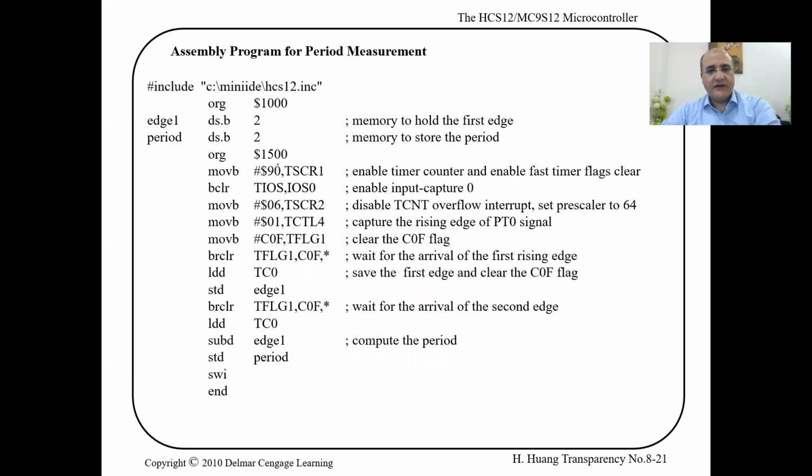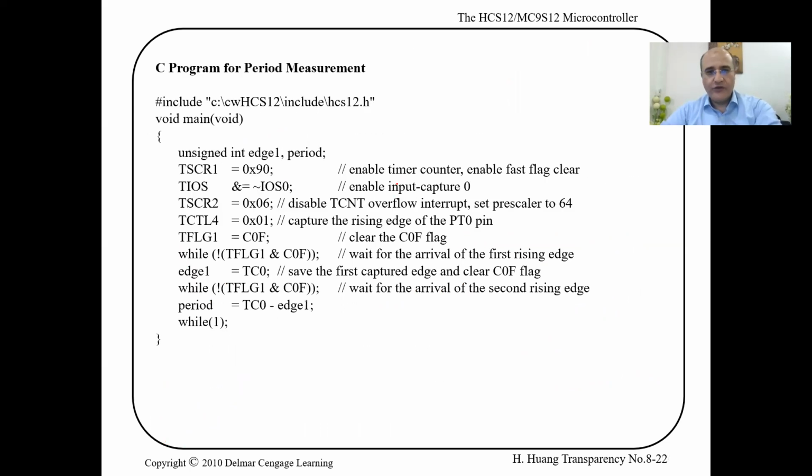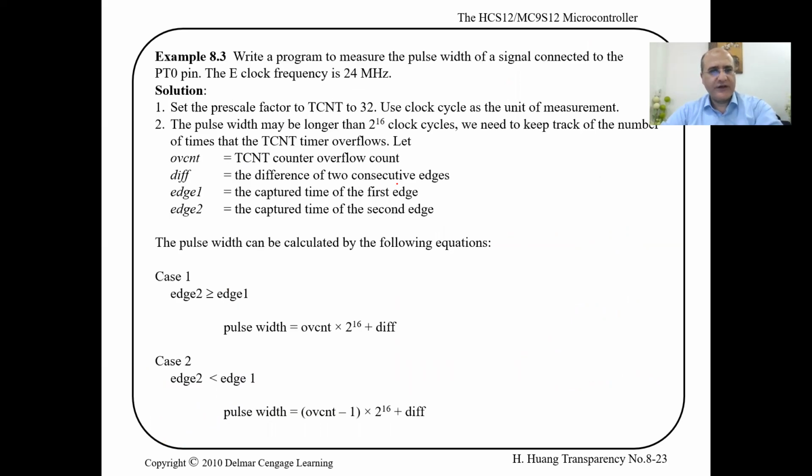I'll share some key C code, and I'll go through my code. These are all examples from the book. Here's another: write a program to measure the pulse width of a signal connected to port T0, input capture 0. The clock is 24 megahertz. Here, nobody gave you other constraints, and they didn't tell you how long the pulse width is going to be. So in this case, you need to